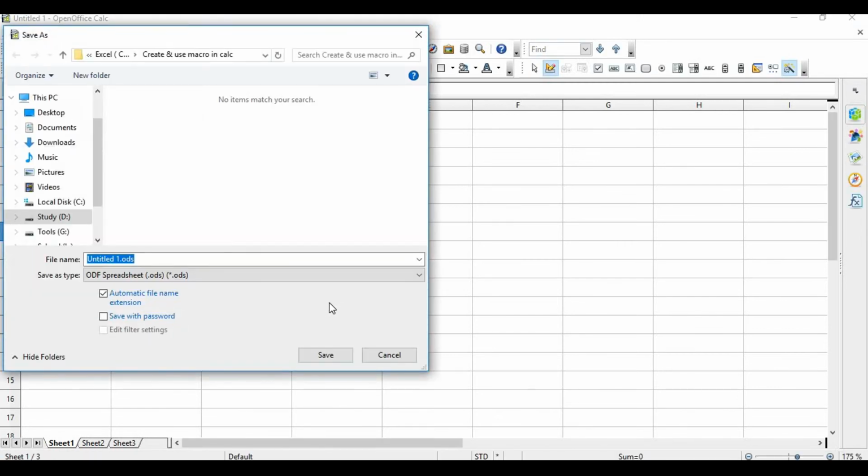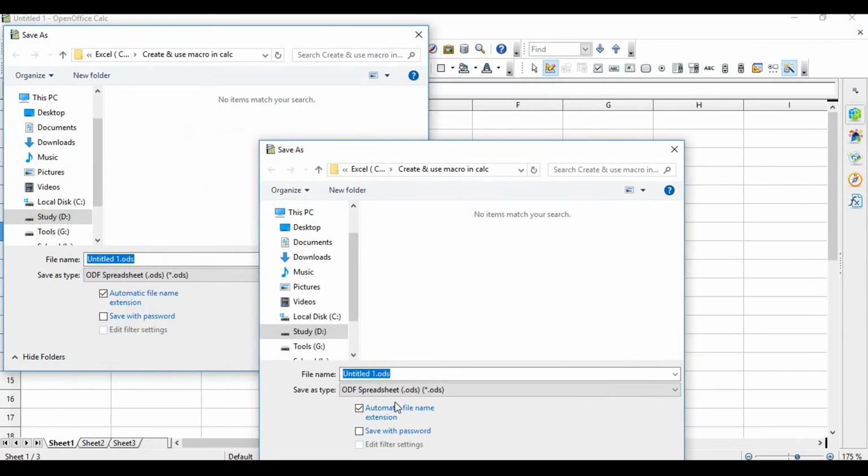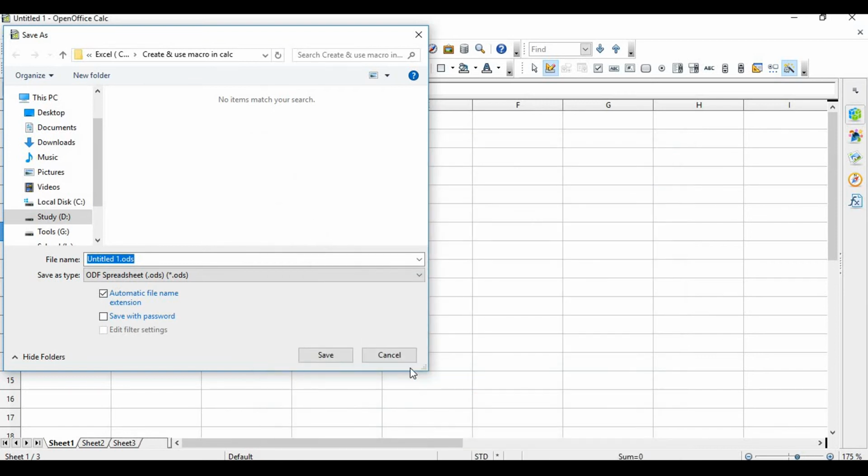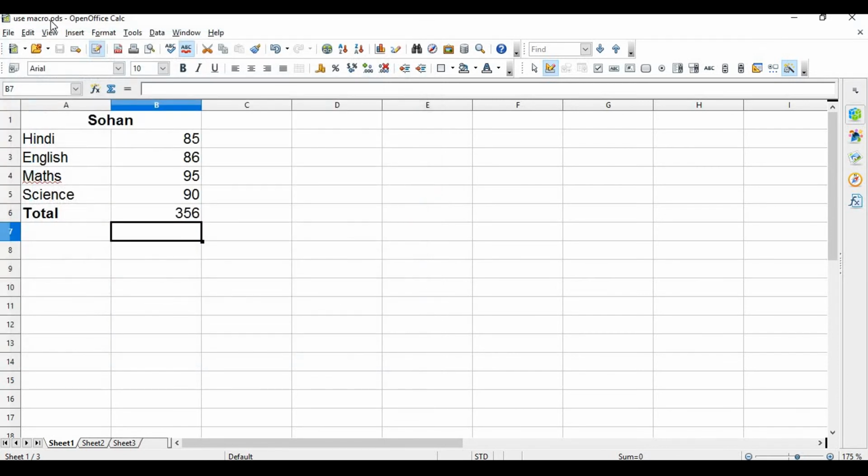Now you have to save your file. I am saving my file with the name use macro. Now it is saved as use macro.